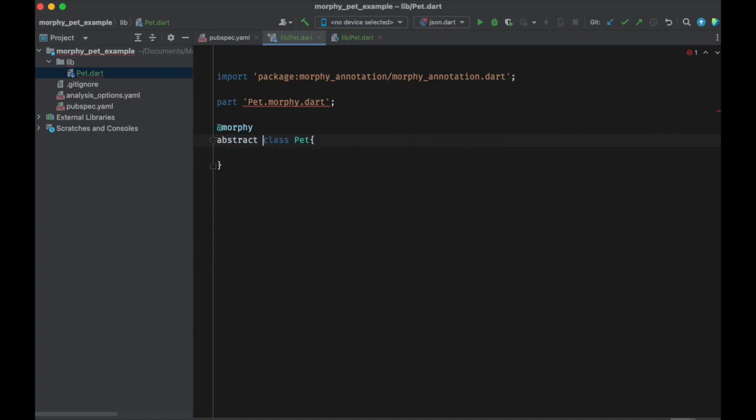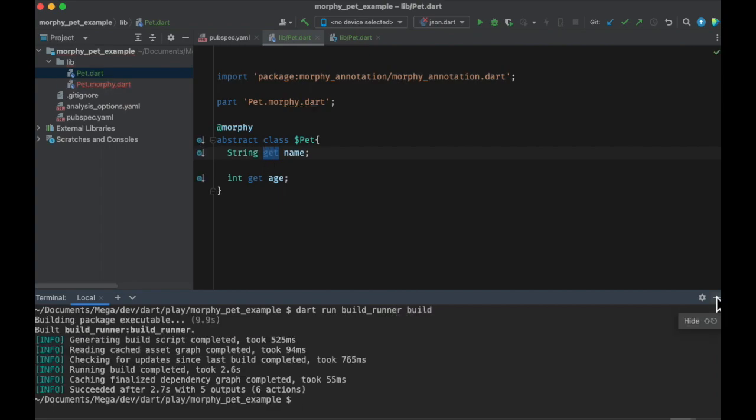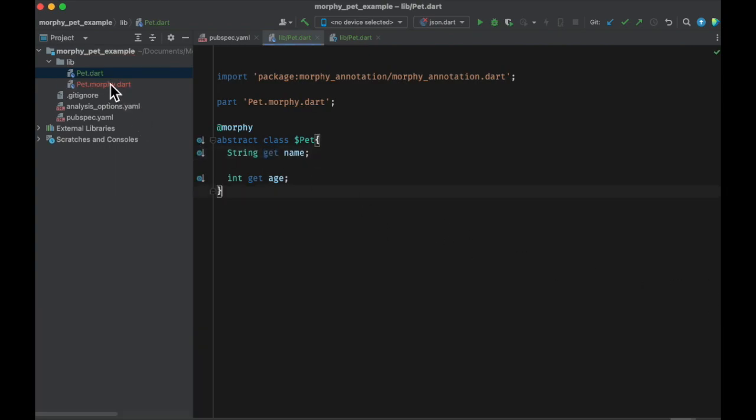So we have the abstract keyword and $. The class itself is not abstract. We just need to do that in the class definition. And we add our properties, and they are getters. And so the part file, the Morphy annotation, abstract, $ in front of a class name, and the properties are getters. So pretty clean. Then we generate our class by running dart run build_runner build, and as you can see, we get our